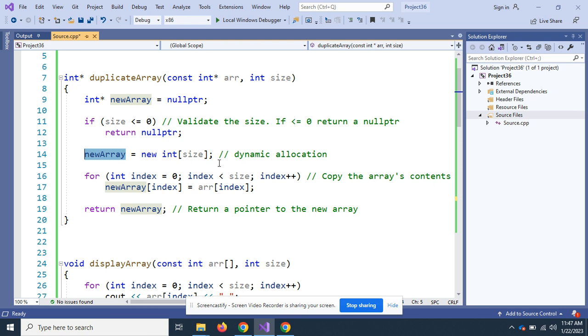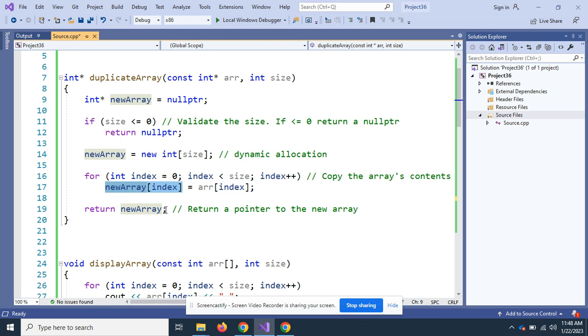Now that we've got a new array, the same size as the array we sent it, we're going to copy it over. The array we sent, one element at a time, we're going to copy over to new array, index 0, 1, 2, 3, 4, 5, 6, 7. Now at this point, we have an array, ARR, with the 7 items in it: 100, 200, 300, 400, 400, 500, 600, 700, and we have new array with the same things in it, the exact same